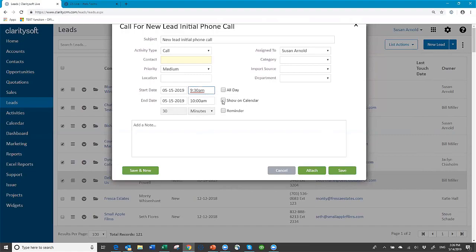And you can choose to show an activity on the calendar if you want, or just send them a message and then put a note here if you want. Then when the person does this, whoever does it, will put notes in that are results. These are all going to be assigned to me, which is fine. These I'm not going to worry about. These are custom, so you won't see these in your activity. And then I can choose this if I want. So when I save this, what's nice